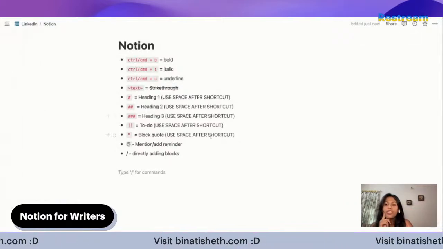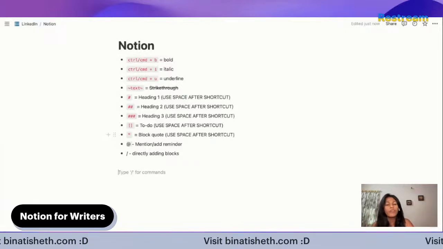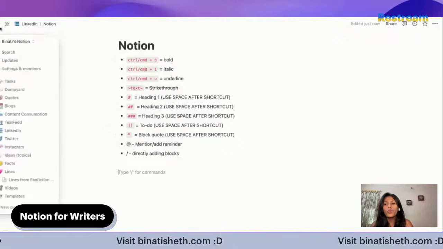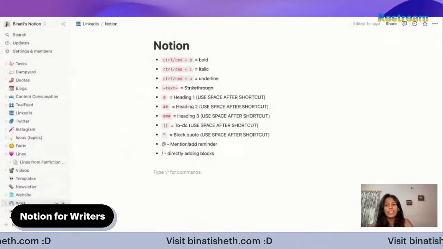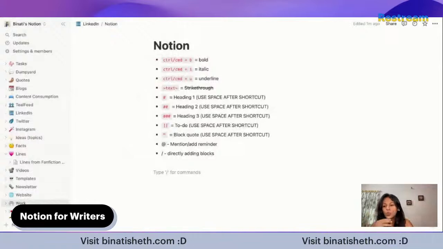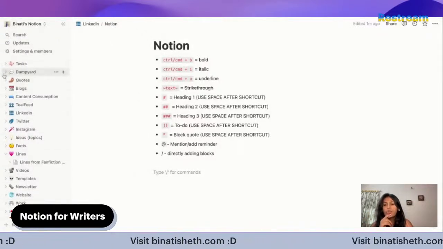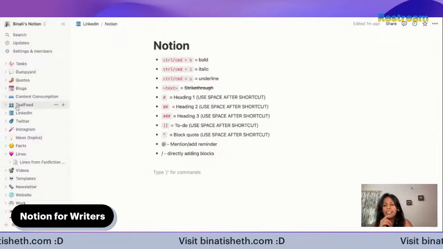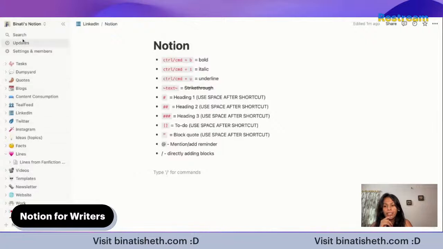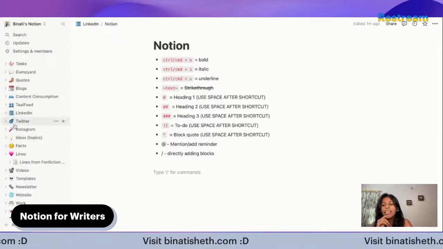I will assume that you have already formed a Notion board, or rather you have a Notion account. So you will have access to something like this. For now, I will make my sidebar appear so that you can see it properly. So these things that you see, these are all pages, where my marker is moving right now, where the clicker is moving, and